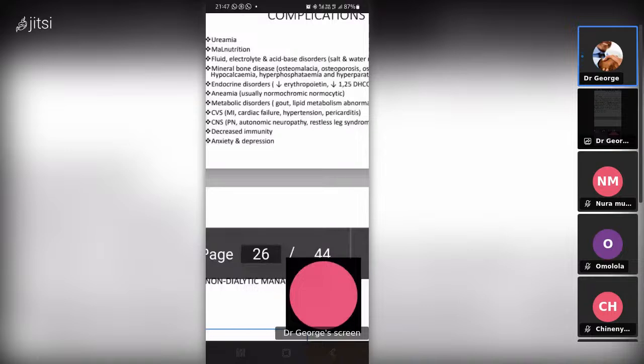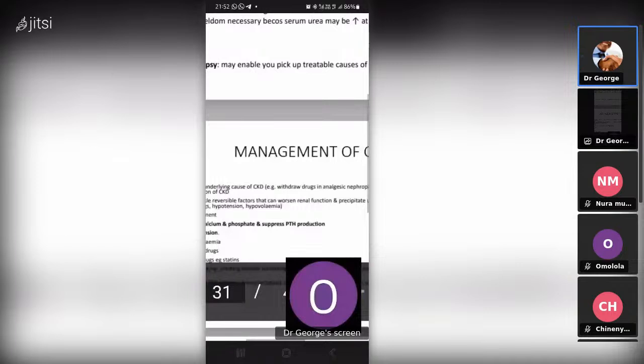Go ahead to do your ECG and echo to rule out cardiac causes, because the renal presentation also mimics. I've seen patients where you'll be asking yourself which one is it? Is it cardiac, is it heart failure, or is it renal? You have to be very, very hyper-focused in your history to actually catch which one it is until you do investigations. So renal biopsy may enable you, but there are indications for renal biopsy. It's not every patient that comes that you are going to do renal biopsy for.